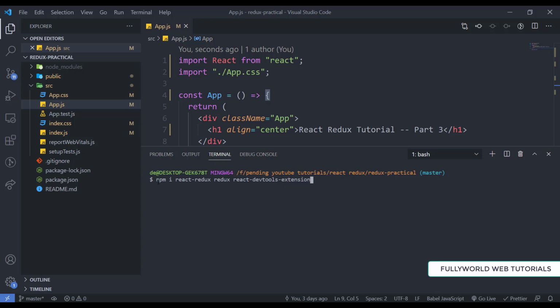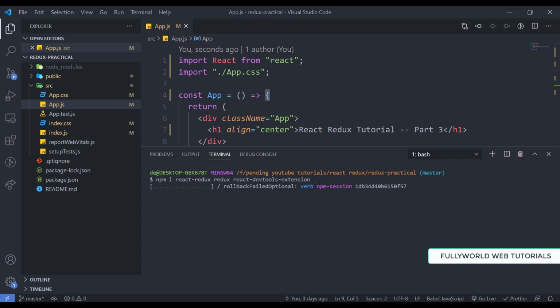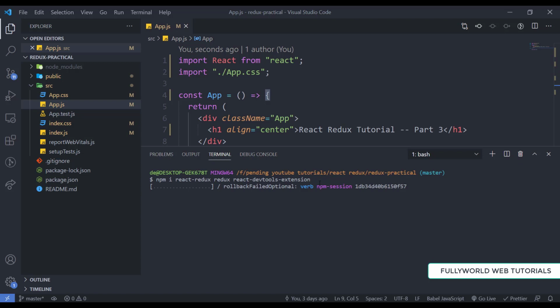If you are using npm, use npm i react-redux redux and the devtools extension. Then simply press enter. These are the dependencies that we are going to install, as I told you in the previous part. I will be right back after installing this.